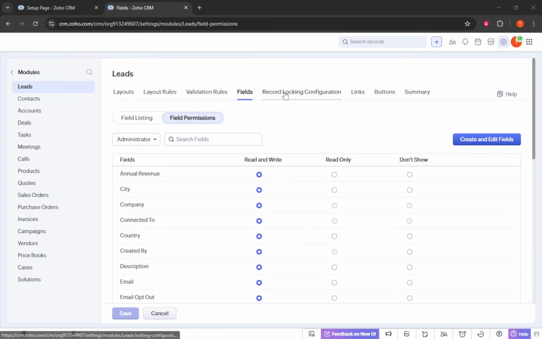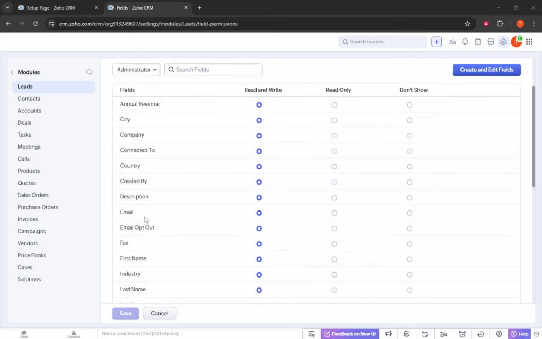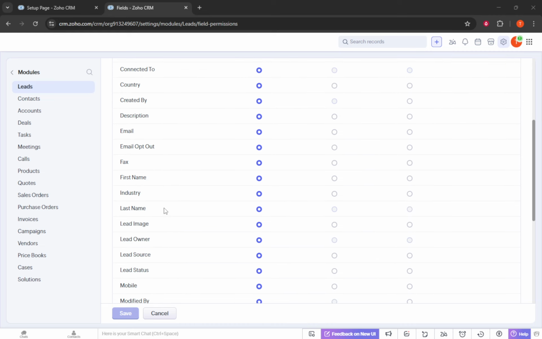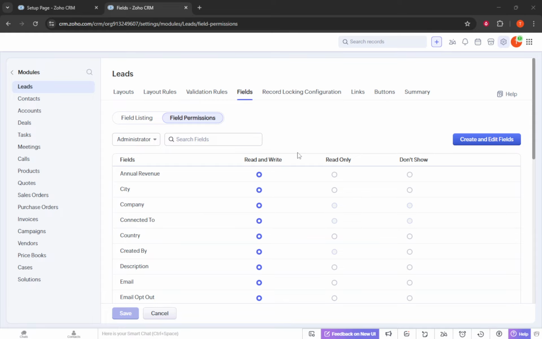Field-level security lets you restrict access to specific fields inside a module, rather than the entire module. This is especially helpful for things like internal notes, financial amounts, or other sensitive details that only certain roles or profiles should work with. Think of it as a fine-tuned layer on top of your general permissions, giving you precision